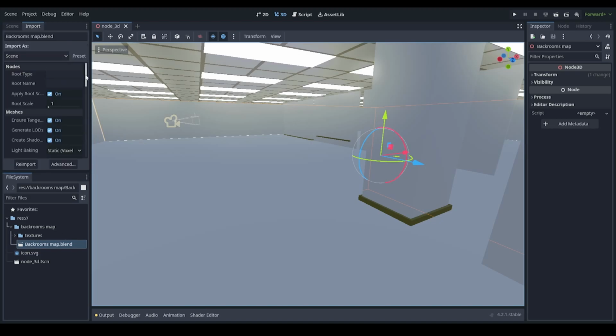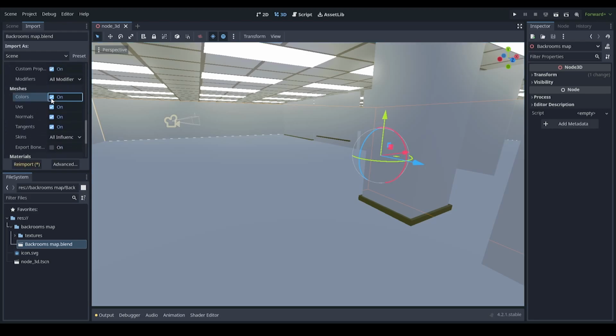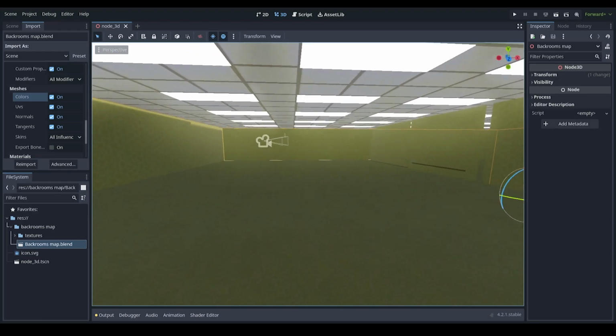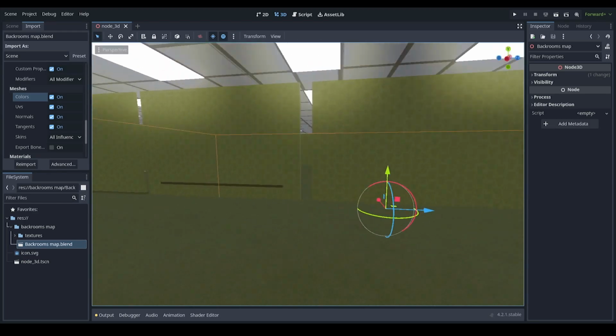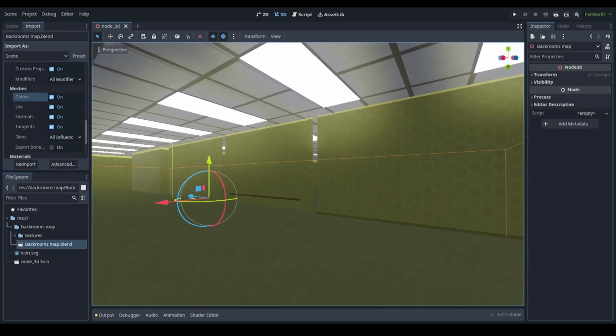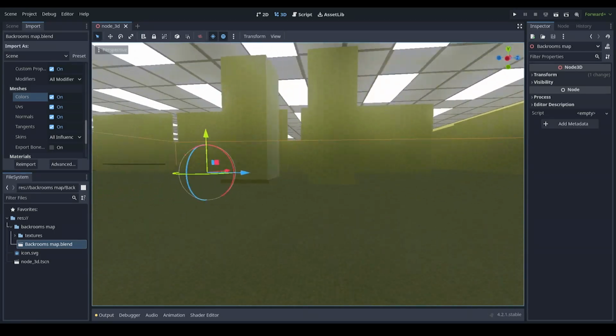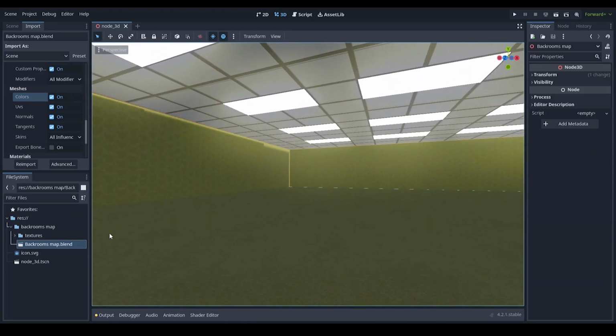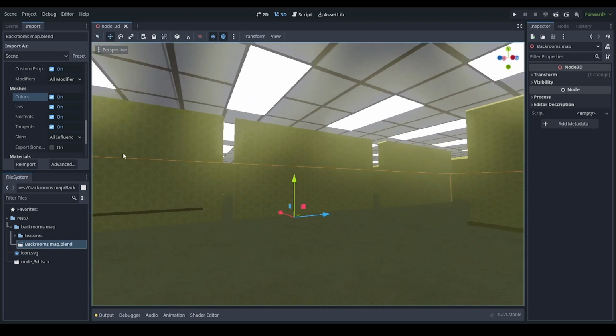So now in the import settings, let's go down into meshes, turn colors on, and then re-import. And now there you go, you've got all of the textures, even the floor one. So if you import a scene like this and you do not get all of the materials, then all you need to do is wait for the textures to import in,